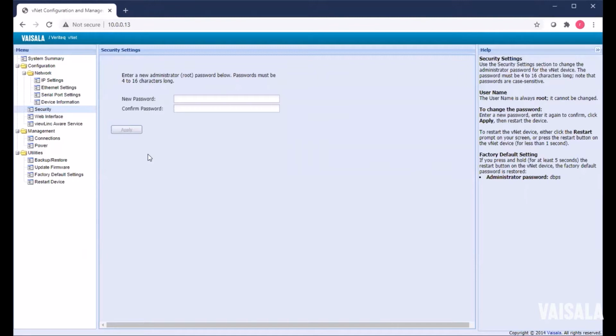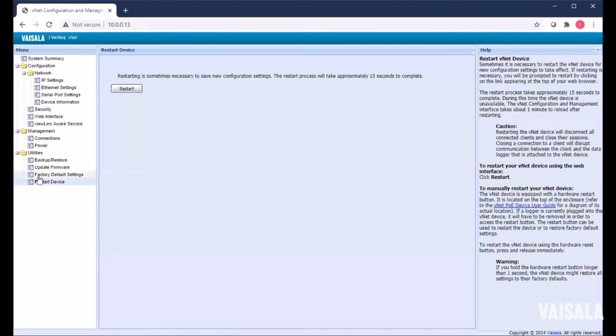Of course, that creates the responsibility to keep track of all the passwords for the device. You can always reset the device to clear the password, but then again, you're doing a complete reinstallation of the VNet device, and you have to reconfigure its IP address and all that if you go through that to clear out the password and go back to defaults. So I highly recommend if you change the password that you document it.